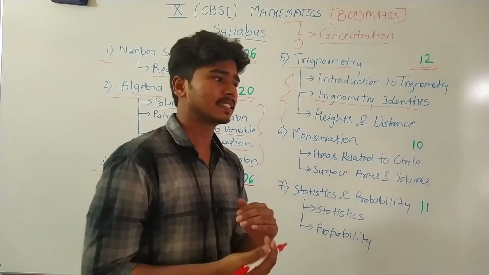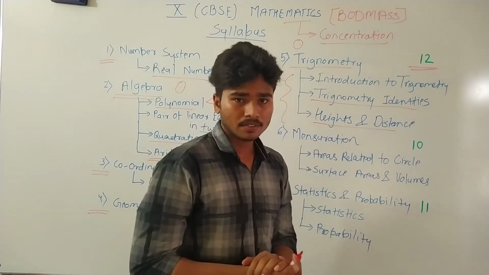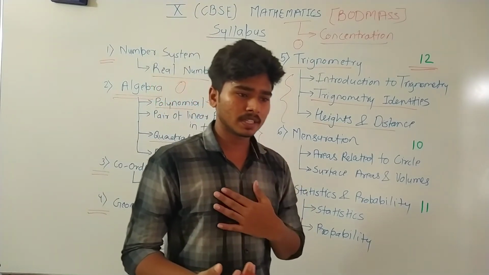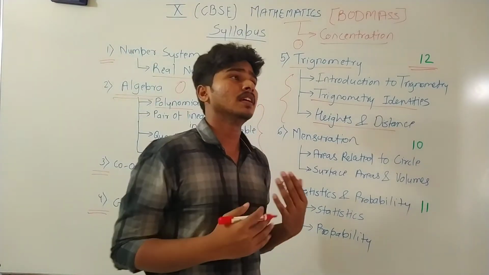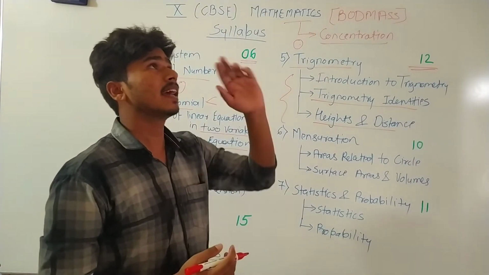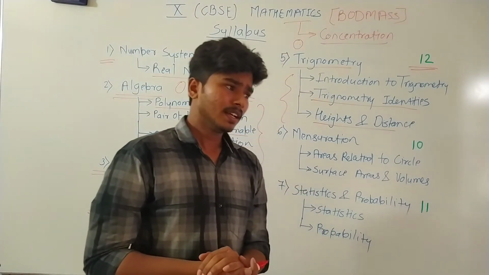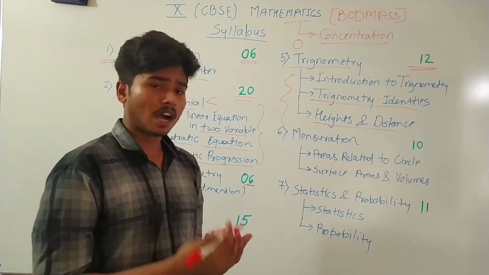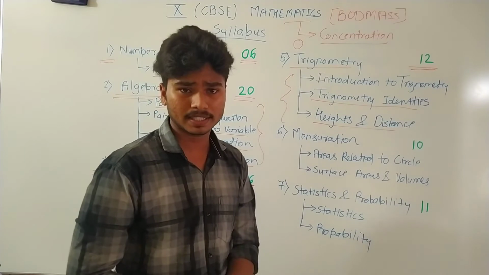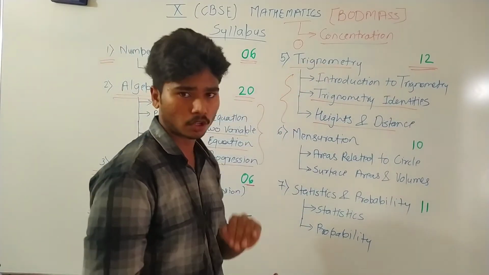So height and distance. This is nothing but our application to trigonometry. We are going to perform real life examples we are facing. Like we are standing over here and some lamp, we are looking at that. What are the angle of inclination, and from there that declination angle we are going to see. Like real life problems. How we are going to speed and distance. Each and everything will come under application of trigonometry. You are going to deal with the real life problems with the help of solution of trigonometry.